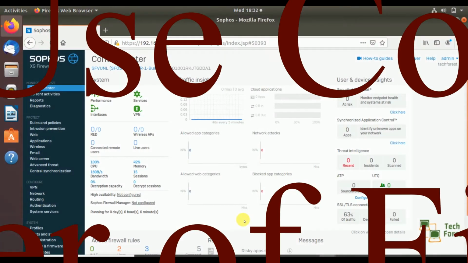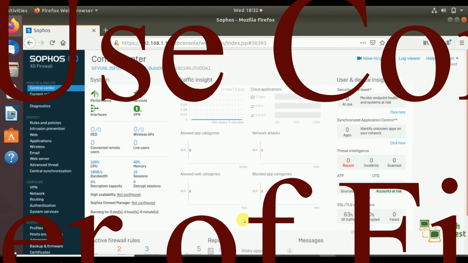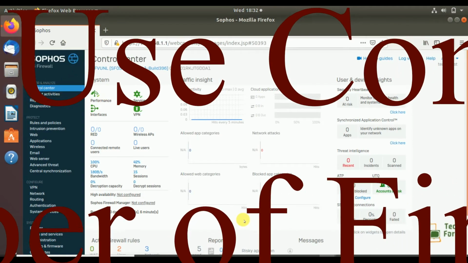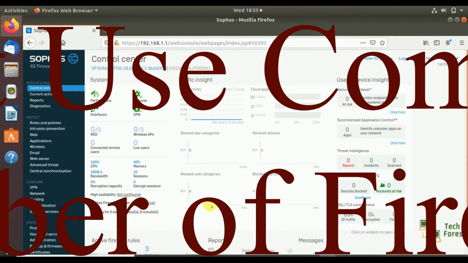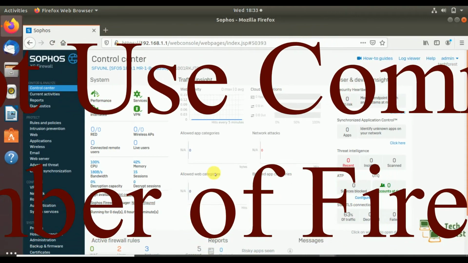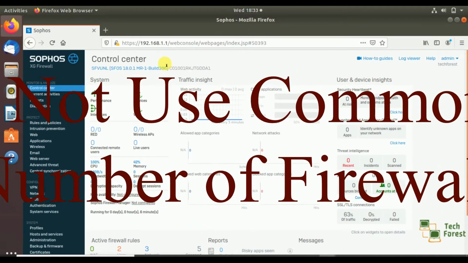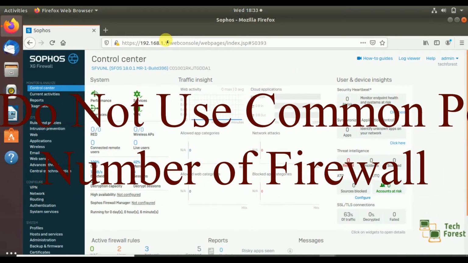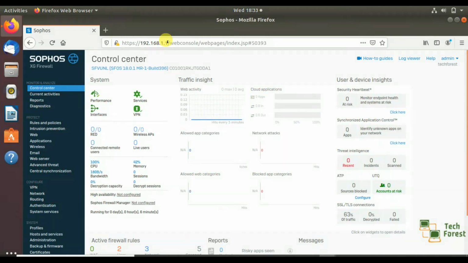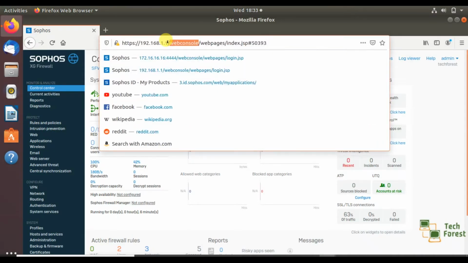Point number one, do not use the default port number of the firewall. As you can see on the screen, I'm accessing this firewall using the default HTTPS port number, and no specific port number is defined here.